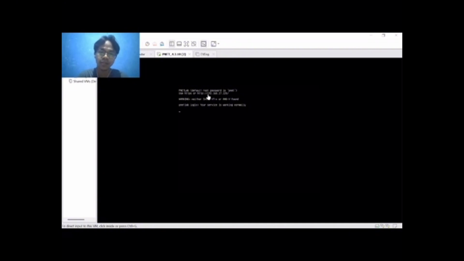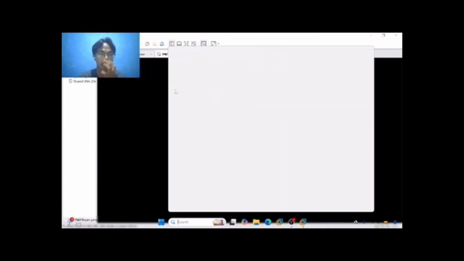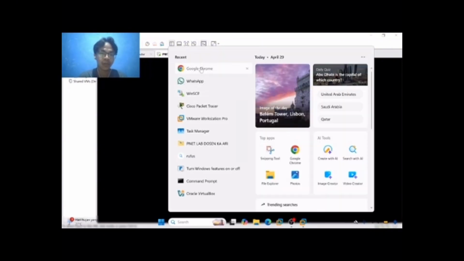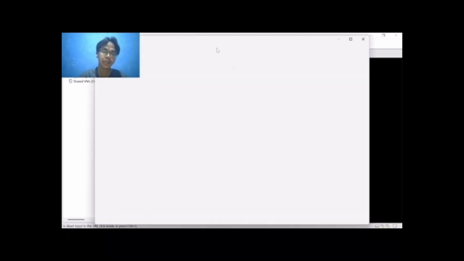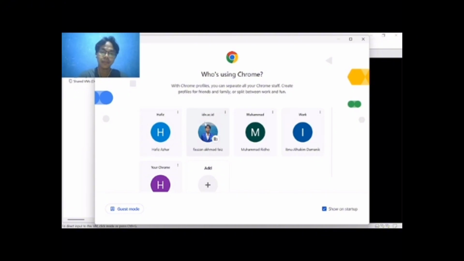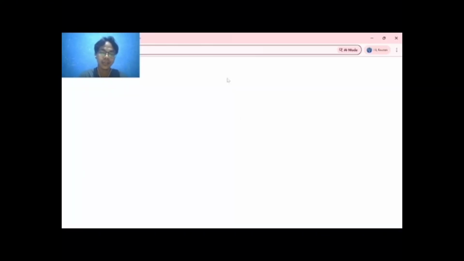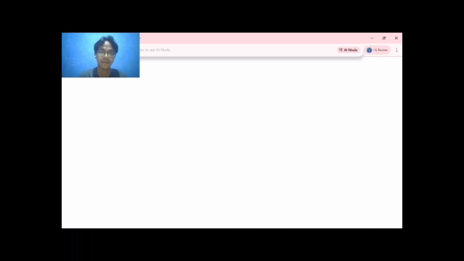http 192.168.17 and like this. And we go to Google Chrome. Actually, this is not my laptop, but I have configured it.